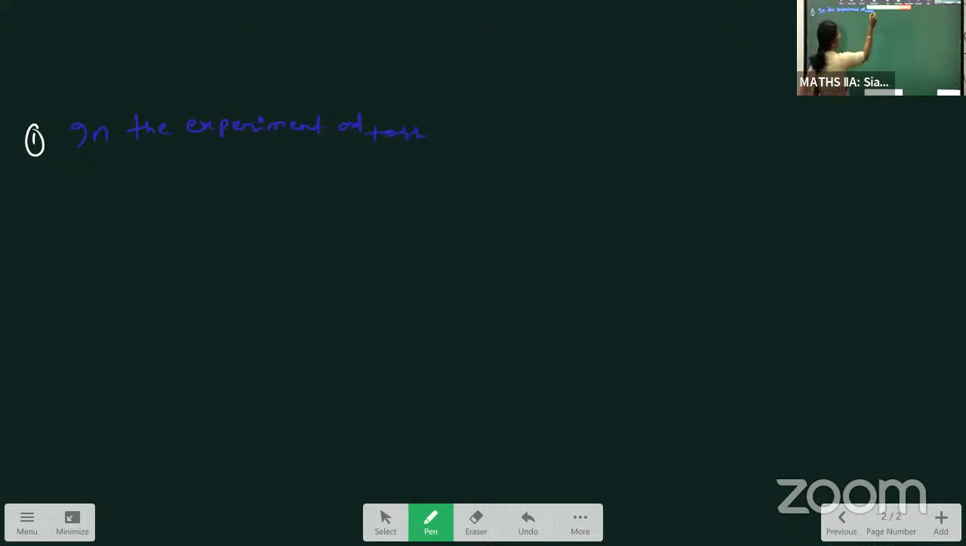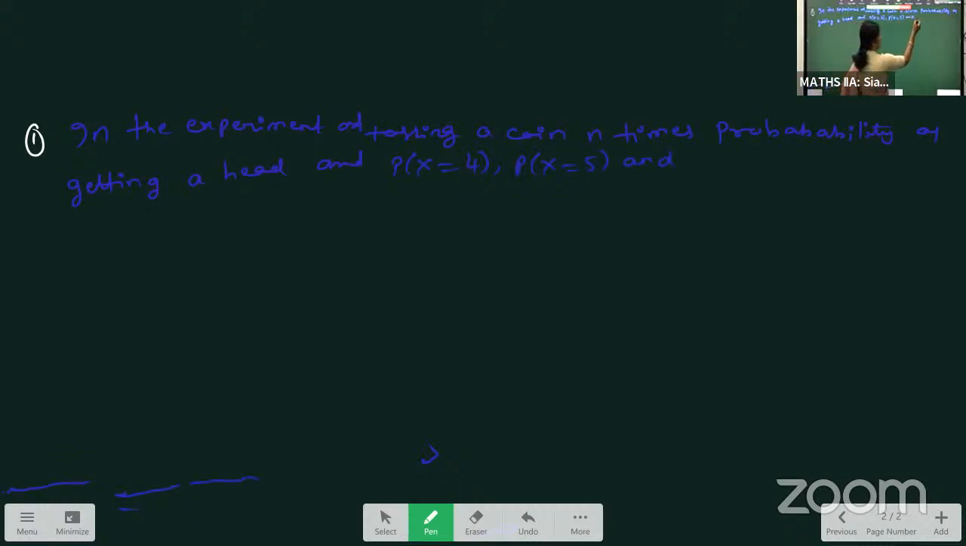n times, probability of getting a head, and P of X equals 4, P of X equals 5 and P of X equals 6